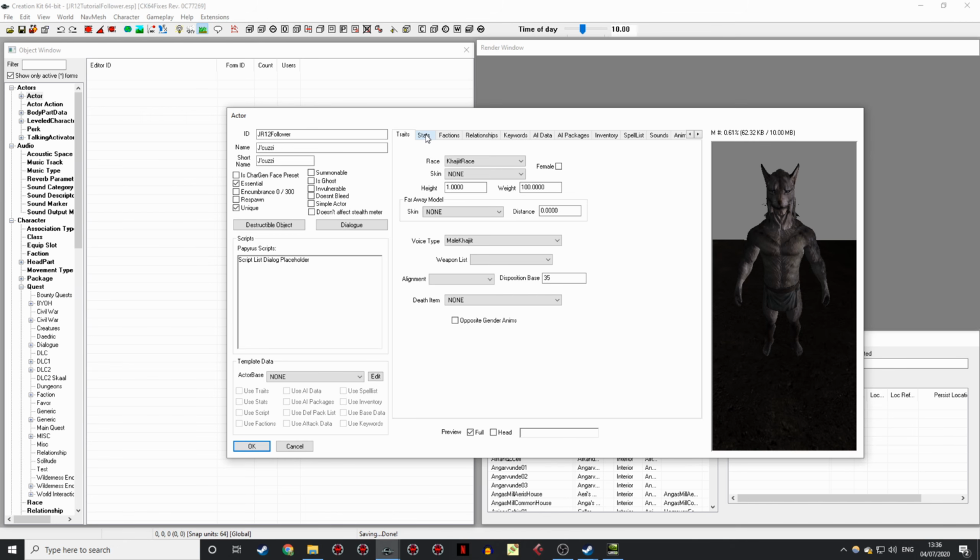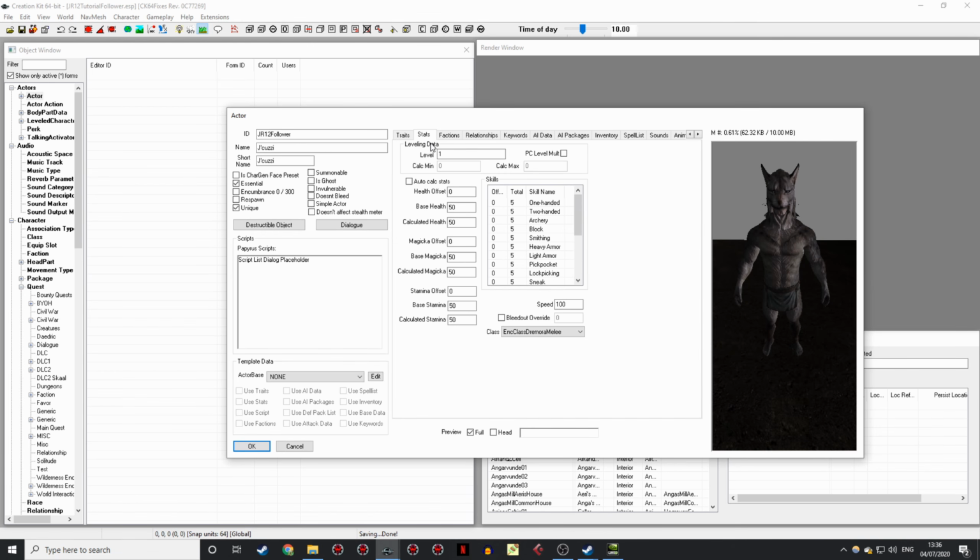We're going to move straight on to stats. And in stats, I'm going to make our follower, well, you have different options for this. You can set it to level with the player. So if you were to just tick that, it'll mean your character automatically levels up alongside the player. So he'll always be 1 times the player's level. You could set this higher or lower than 1 if you wanted him to be weaker or stronger than the player. And you can set his minimum and his maximum level. However, if you do this, it means you can't have a custom training system like Lucian has.